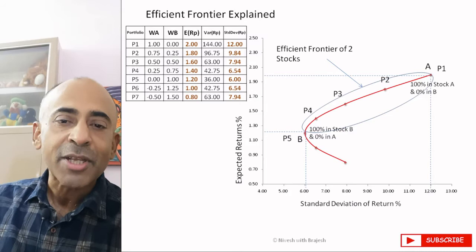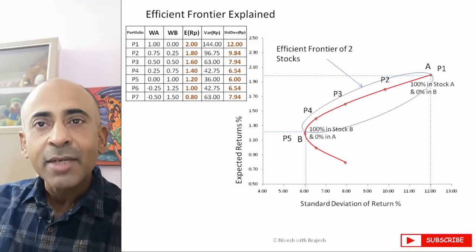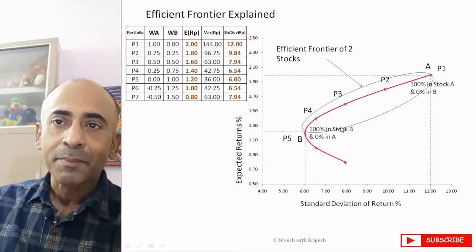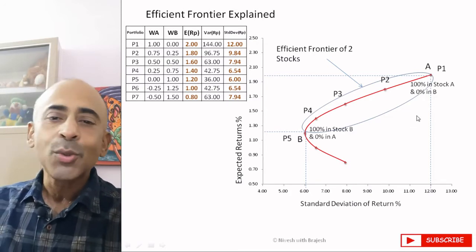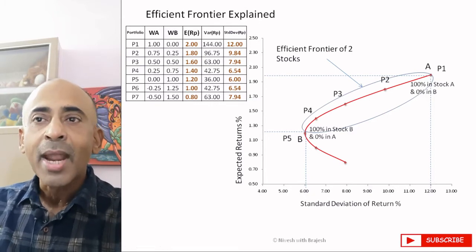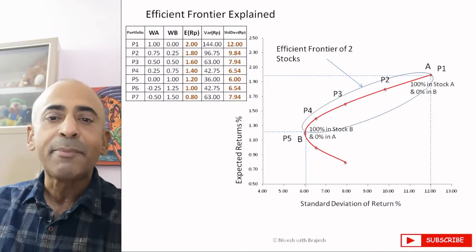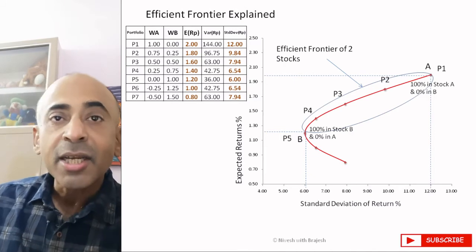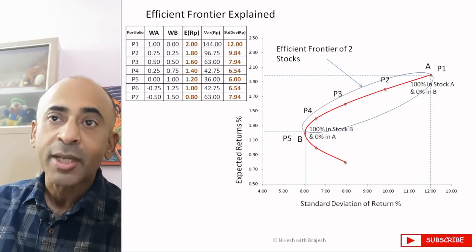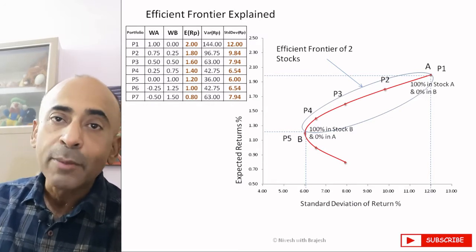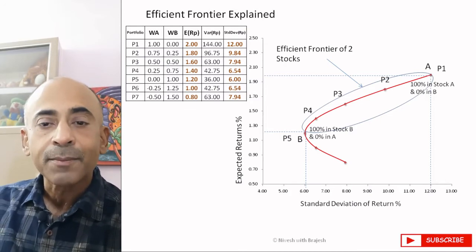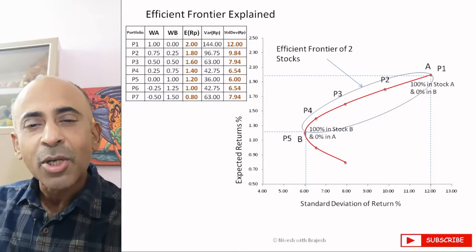Let's define a rational investor first. A rational investor is somebody who prefers more returns to less and prefers less risk to more. That means he wants more return instead of less return, and he would always prefer lesser risk as compared to more risk. This rational investor will always move from a high risk to a low risk situation for a given level of return, or will move from a low return to a high return situation for a given level of risk. Okay? Now let's talk about some assumptions.